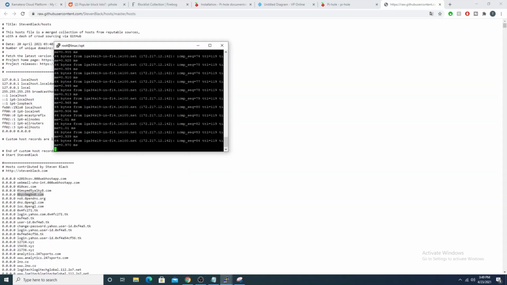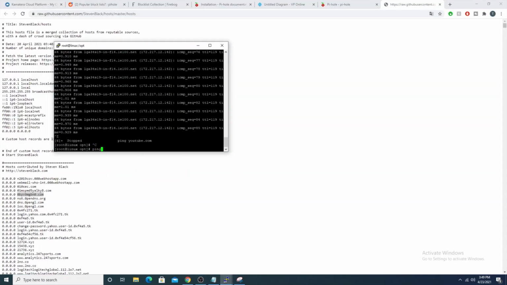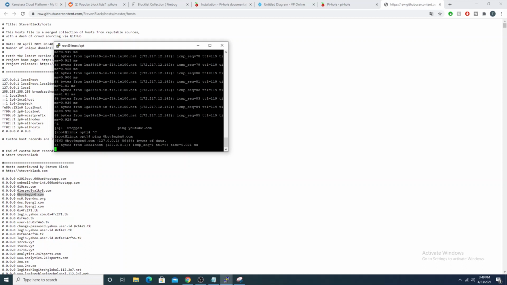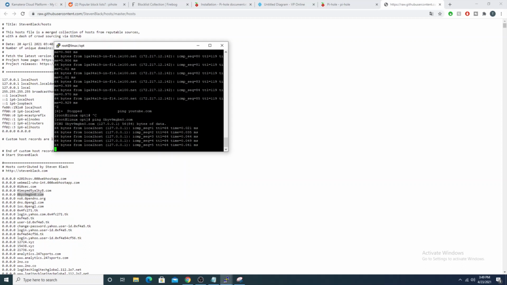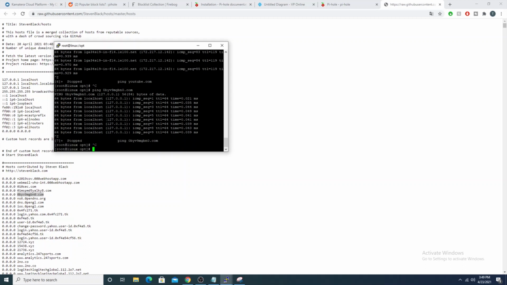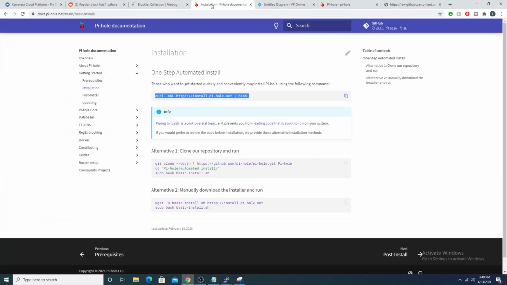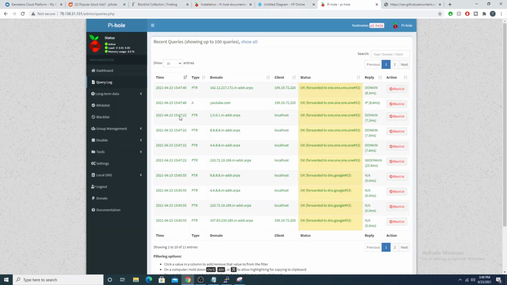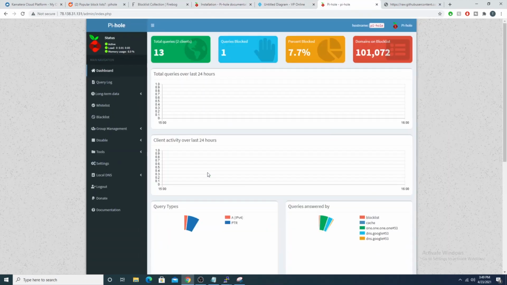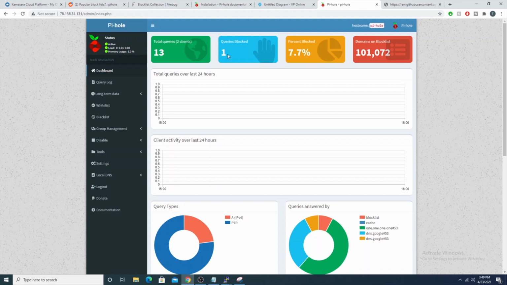So if I get back onto my client here and I say ping here, oh, look at that. So we're doing our black holing, right? This is actually resolving to just a local host, right? Now if we go back to the Pi-hole, we see queries blocked. Now we see this being populated, right? That's cool. And if we go into our query log,